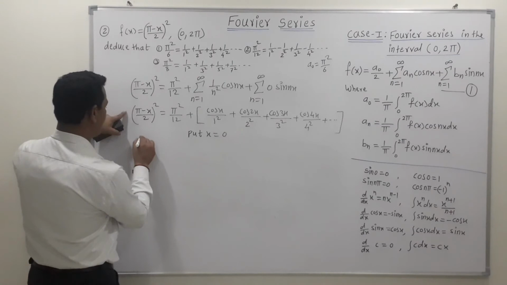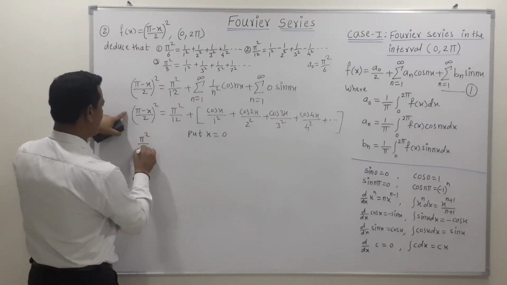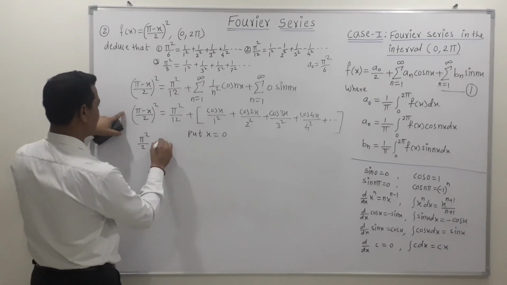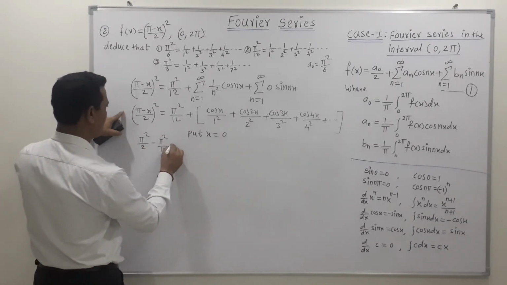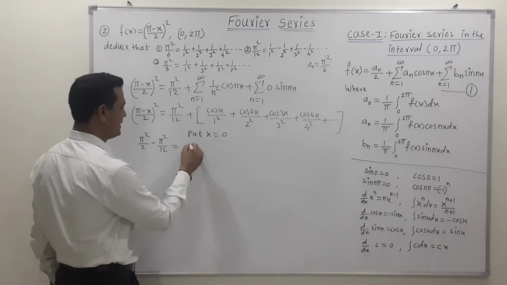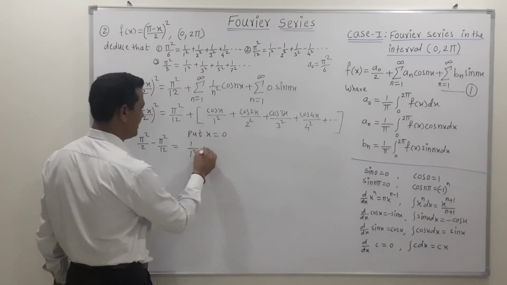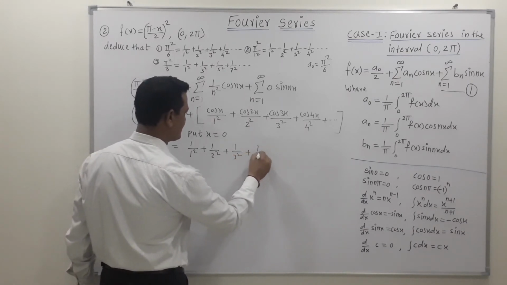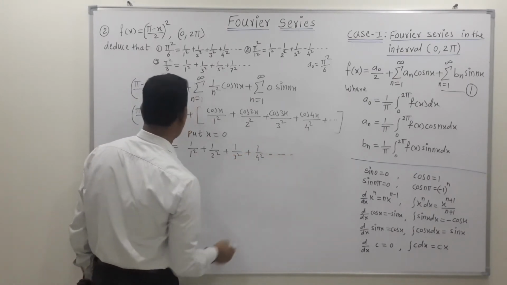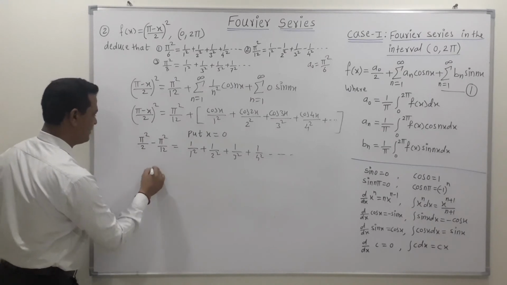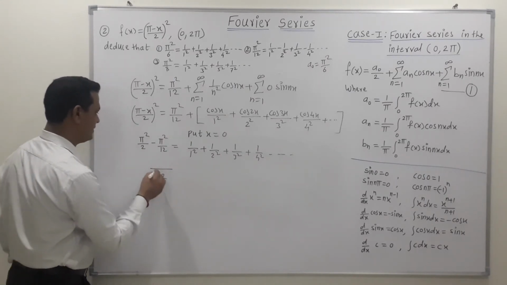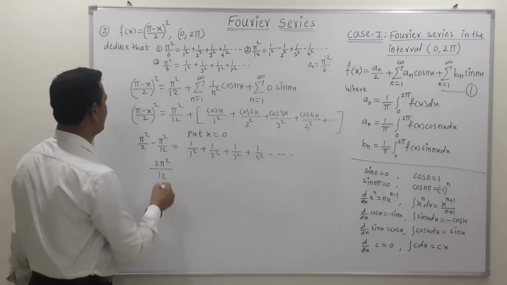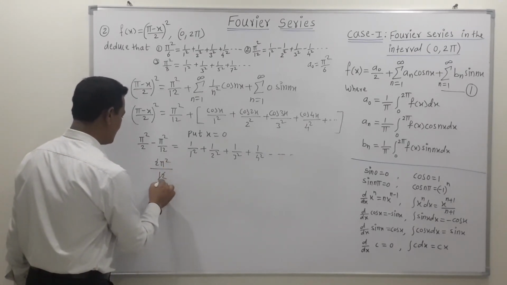So then we get this side as pi square upon 4 is equal to, after taking this to the left side, we get this as minus pi square upon 12 is equal to, so this side is 1 upon 1 square plus 1 upon 2 square plus 1 upon 3 square plus 1 upon 4 square and so on. So if we simplify this, then we get 12 common, then this is 6, so we get this as 2 1s are 2, 2 6 are 12.